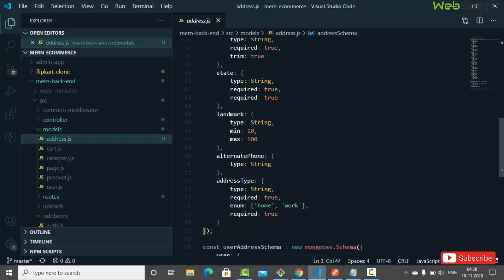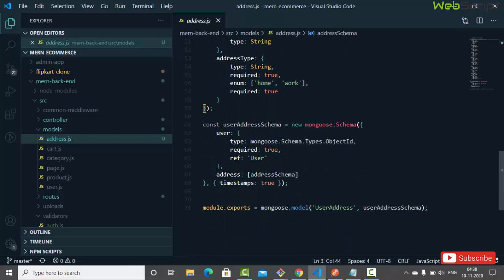And then we have one more schema, that's a user address schema, right? So user address schema is again a user, right? So this is a foreign key. You can see the type is mongoose ID and required true, and the reference is user table. So this address schema is going to point to the user table, user collection,